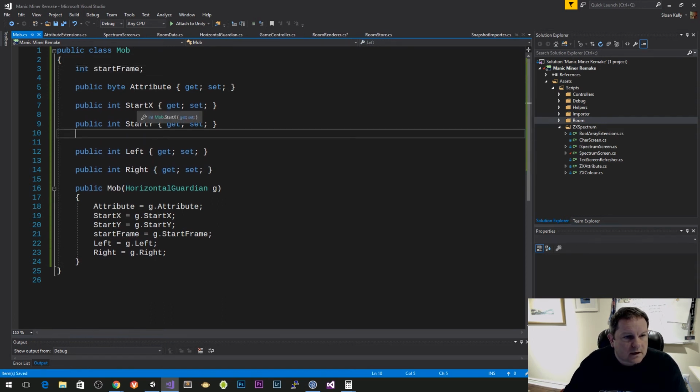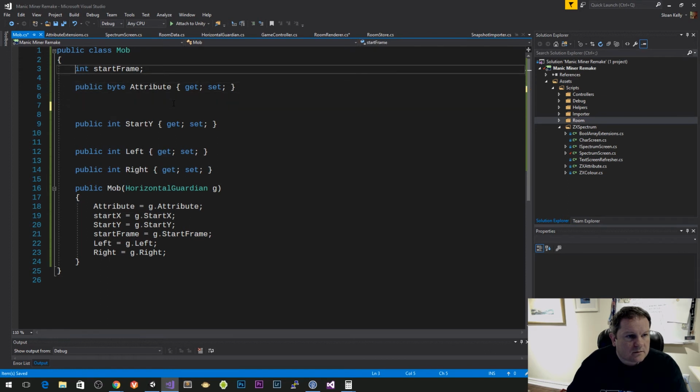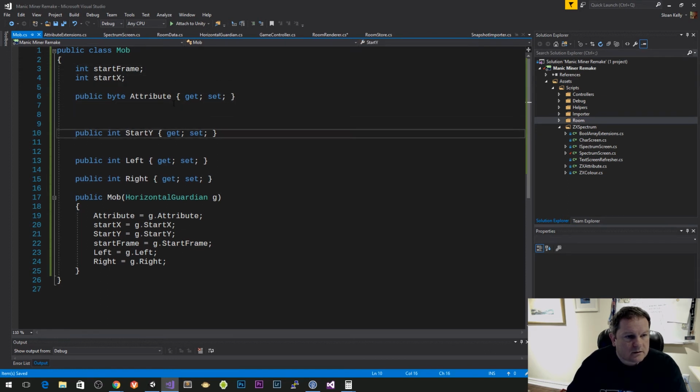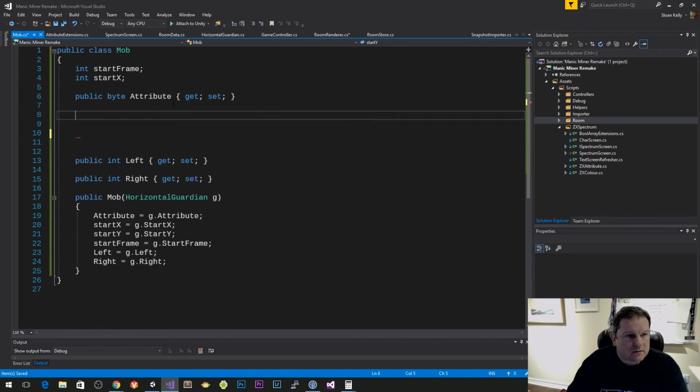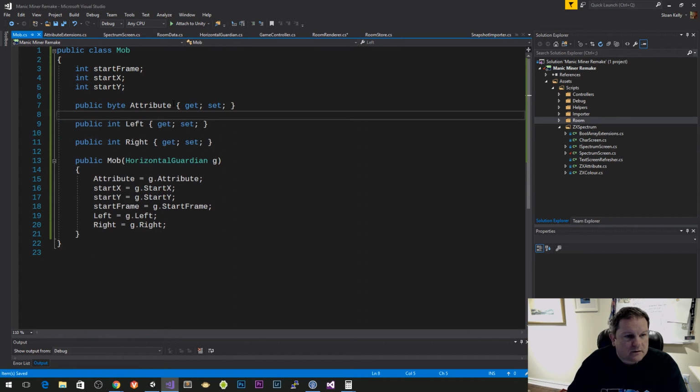And then my start x and my start y, that's the same thing as well, so I can rename that and make that private as well, and I can do the same thing for start y. Because again, I don't want these to be exposed, because once they're set, they're set. I do need to have attribute there, and I do need to have left there,